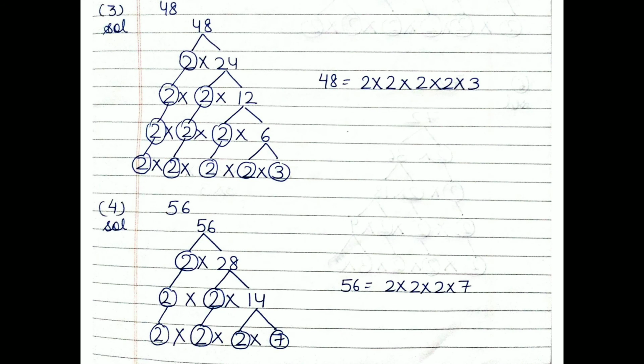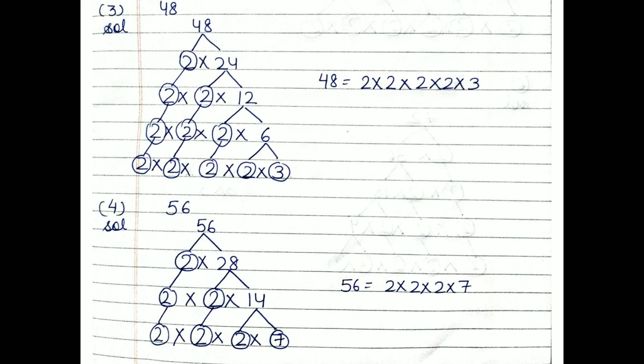Now see, question number 3 and 4. You have to write down the factors of 48. 48, as you know, comes in the 2 table. When the number is even, it means that it comes in the 2 table. So you will divide that number. When you divide it, you will get 24. So you write 2 into 24. Then 2 will be copied down as it is in the second step. And we will make the factors of 24. 24 comes in the 2 table again because 24 is an even number, 2 12s are 24. So 2 will be written down in a circle and 12 will be copied down here. Now these two will be copied down as it is and we make the factors of 12.